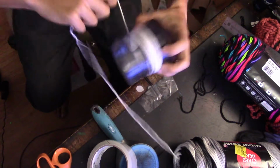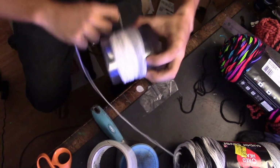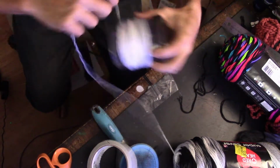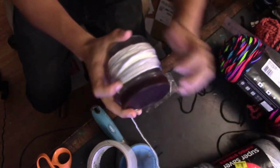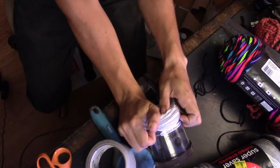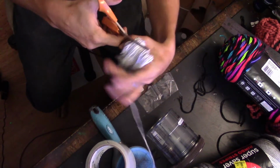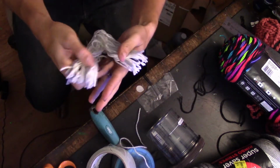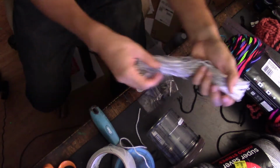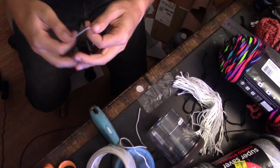and wrap it up. You don't want to go too far with this, because as you wrap, obviously the circumference is getting bigger. So you don't want to put your entire spool on this thing. Just do it in batches. And then also doing it in batches, if you have yarn like this that's different colors, you can better control the colors that you're using. So just cut that one time, and now you have a whole bunch of string to use. And then when we tie this around our main cord, each strand will end up being about 5 inches long,